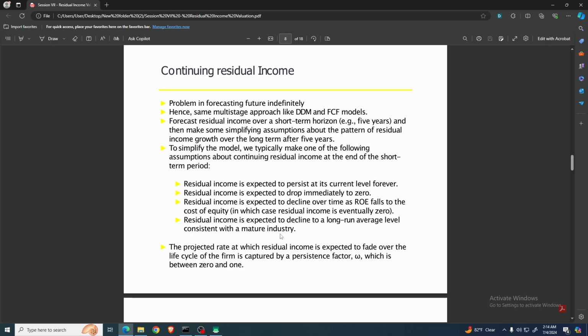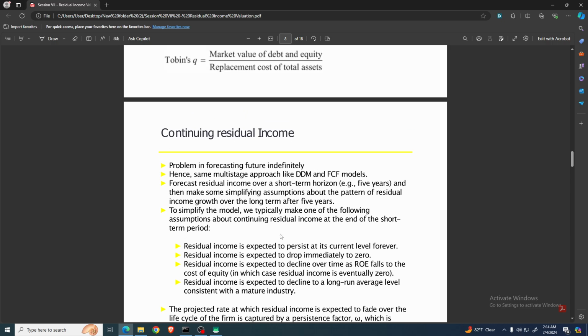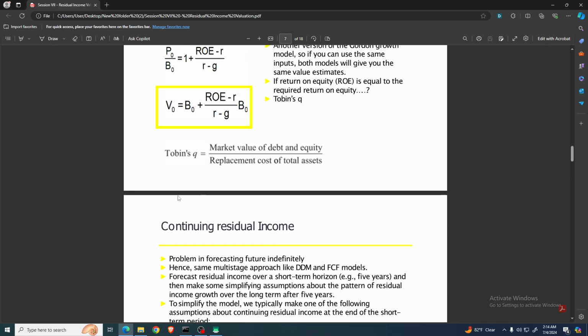And then you have another approach or another measure that you can use, that would be this Tobin skew. It is interpreted as the market value of debt and equity divided by replacement cost of total assets. So basically, Tobin skew would compare the market value of a company's debt and equity to the replacement cost of its total assets,